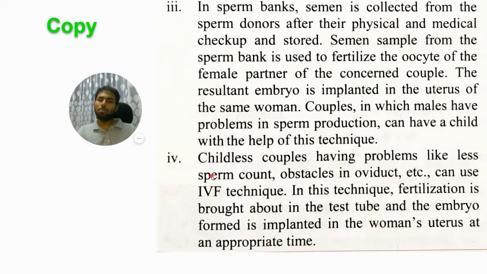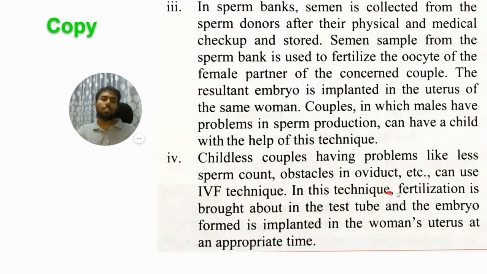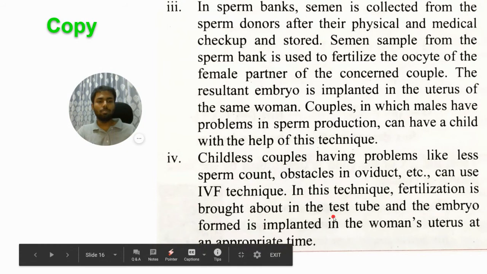Last point will obviously be about the third technique that is left, IVF. Okay, so childless couples having problems like sperm count, obstacles in oviduct, etc. Couples who have these problems can use the IVF technique. Okay, in this technique, fertilization is brought about in a test tube and the embryo is implanted in the woman's uterus at appropriate time. So if there is some blockage in the oviduct or there is a sperm production problem,